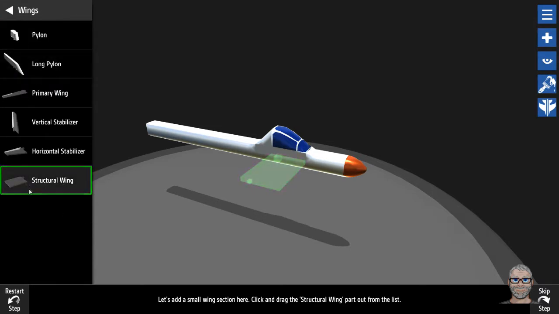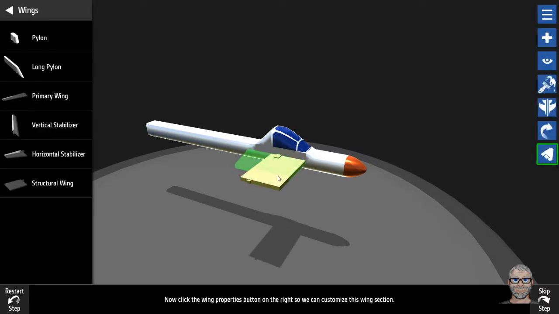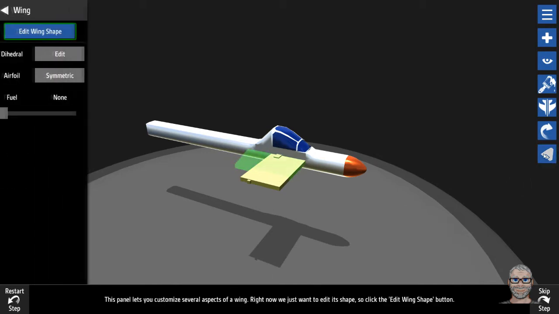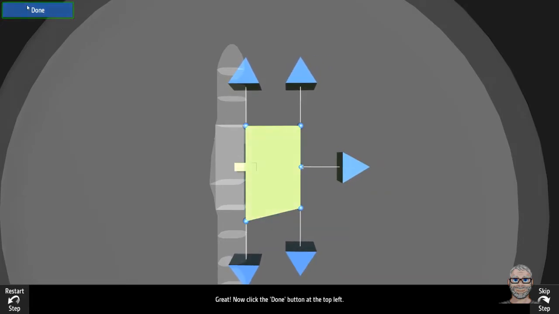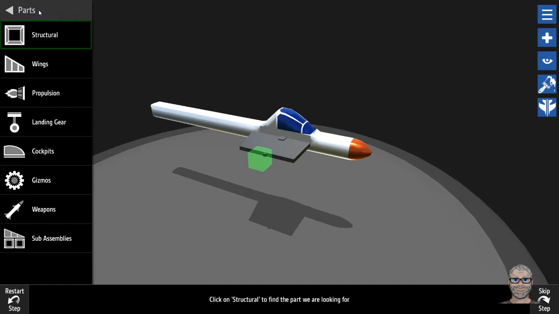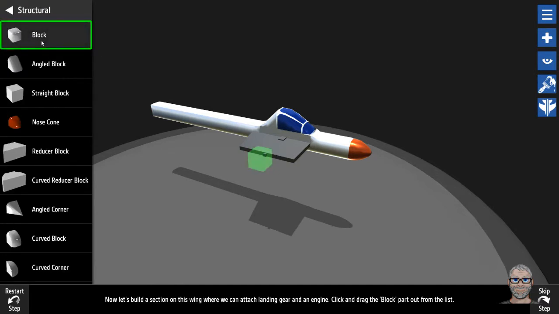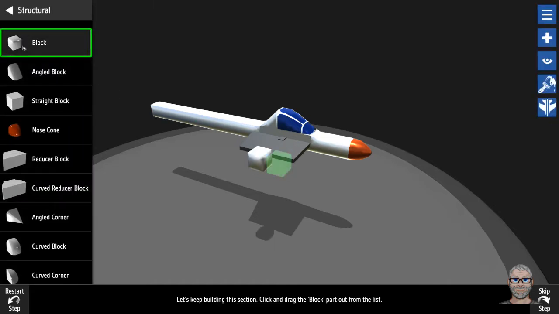So a structural wing. This isn't actually the main part of the wing with the ailerons and all that kind of stuff. It's just like a piece of wing that is like the base part of it, I suppose. So there we go. Now click the wing properties and edit the wing shape. So we have to match the green bit there by dragging out. Good stuff. Open the part list, more wings, structural. Right, that one needs a block apparently. Yep. And another one,